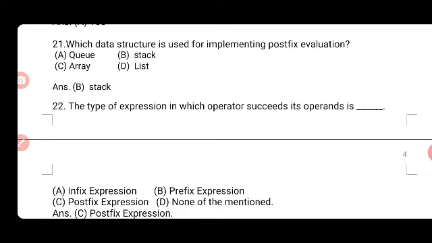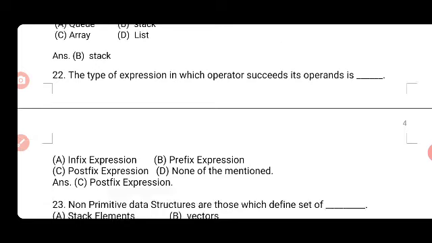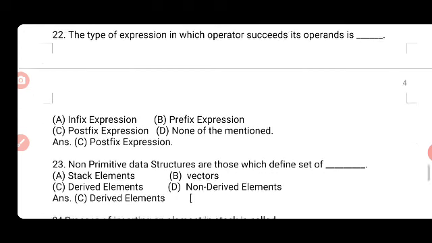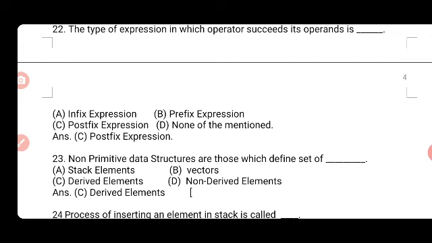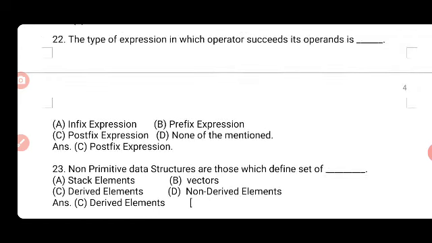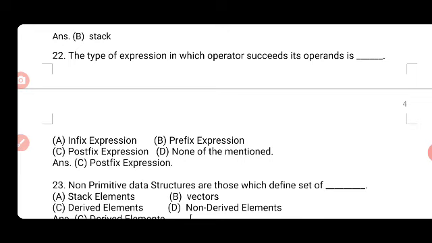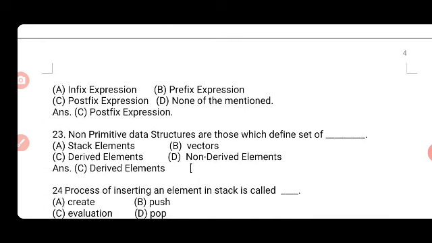The type of expression in which the operator succeeds its operands is: option A, infix expression; option B, prefix expression; option C, postfix expression; option D, none of these. If the operator succeeds the operands, that is postfix notation, so it will be a postfix expression. So option C is the correct answer to this question.